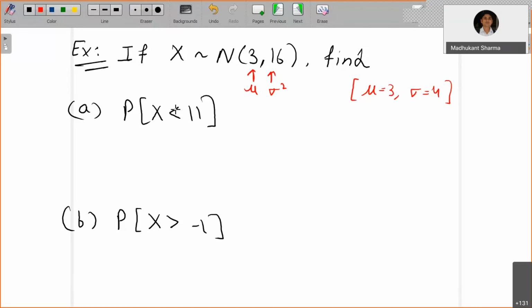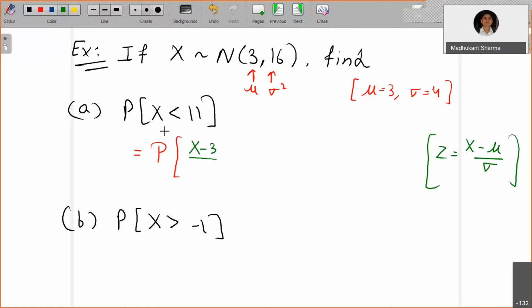So I have the information that X follows a normal distribution with mean mu and sigma is 4. So I want to evaluate this. I will just convert it into the standard normal variate. To do so, you should remember that the standard normal variate for a given normal variable is (X minus mu) by sigma. It means you subtract the mean and divide by the standard deviation, the whole quantity. So I will subtract X minus mu, mu is 3, and divide by sigma, sigma is 4.